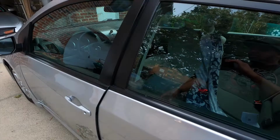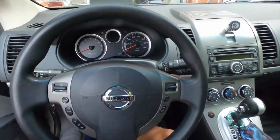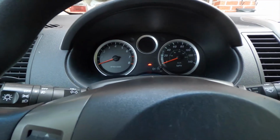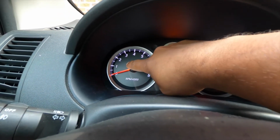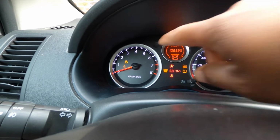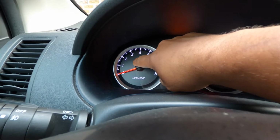2012 Nissan Sentra. The other day I was driving and the slip light came on. I'll show you the light in a minute. Let me turn the ignition on. You'll see it. Oh, right here. There it goes. Let's shut that off, turn it back on. Okay, that's the light that came on, the one on top. It's a slip light, but